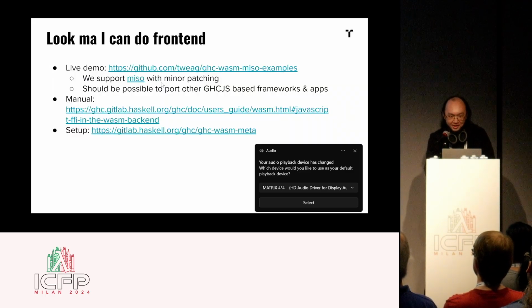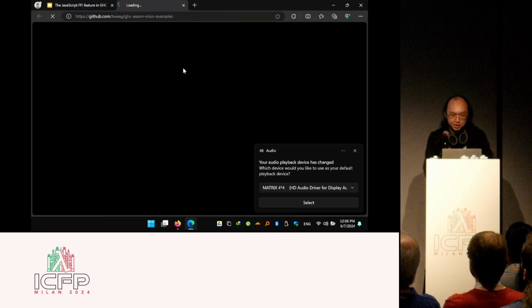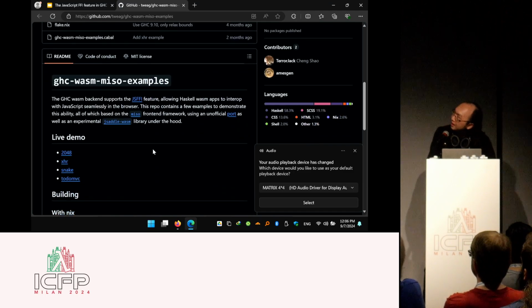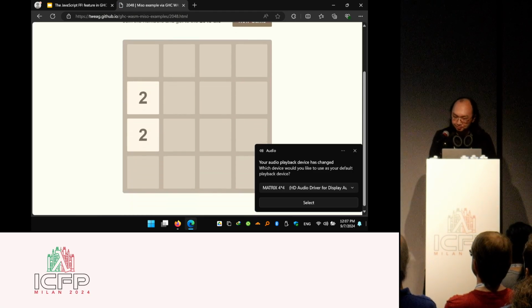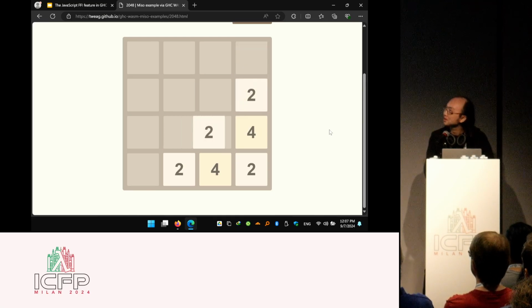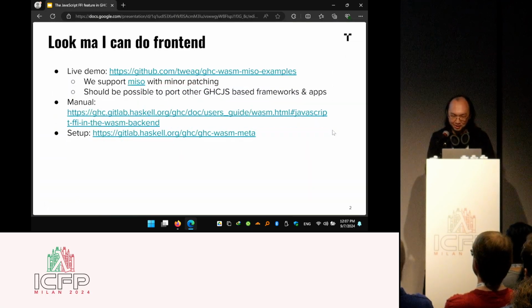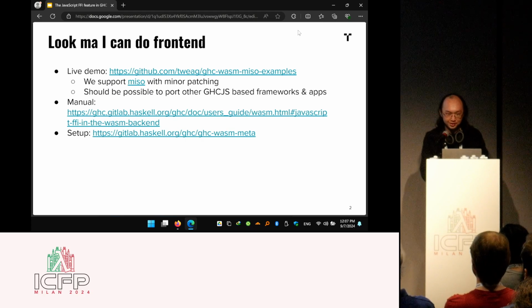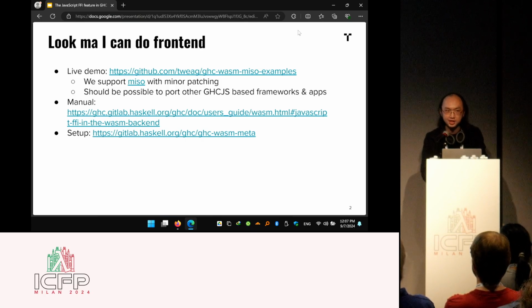So I guess we could do a quick live demo here, not by writing any code, but I can show you that we have ported some existing apps that are based on GHCJS and the miso framework that are also running on the GHC Wasm backend. So here is a little live demo. This is running purely in browser, in WebAssembly, and we can do something like this. The point is not to get to the actual end of the game here, but to demonstrate that we can indeed call JavaScript functions in WebAssembly and vice versa. So miso is supported, and in principle, other GHCJS-based frameworks like Reflex and such should be possible to port